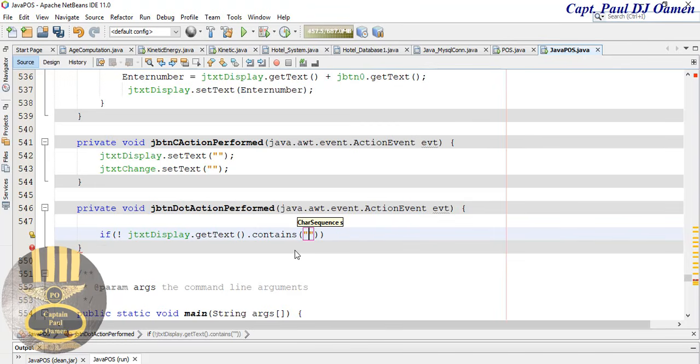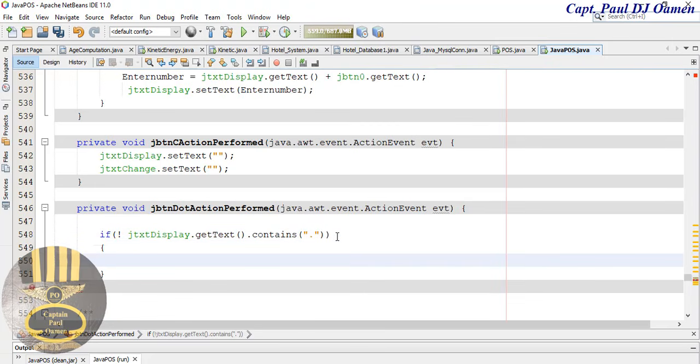Let's put that in a quote there. So in that case, what will happen is, let's enter curly braces first, then we need to enter as follows: